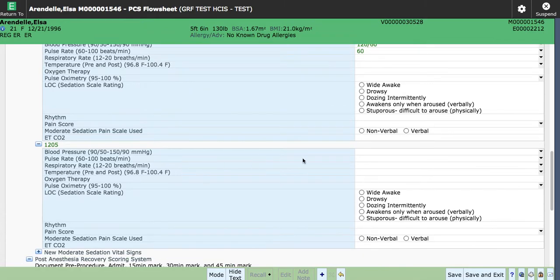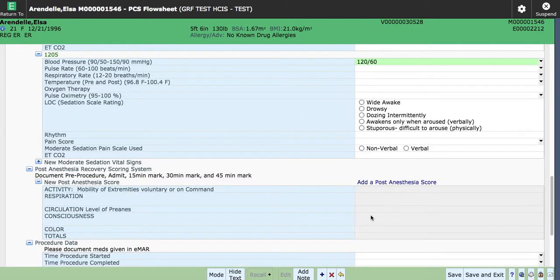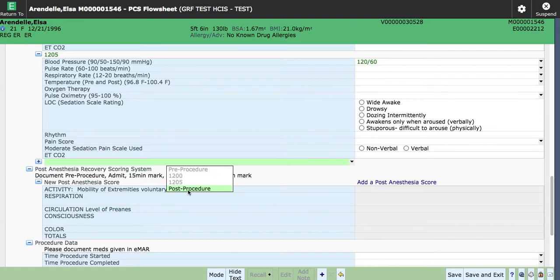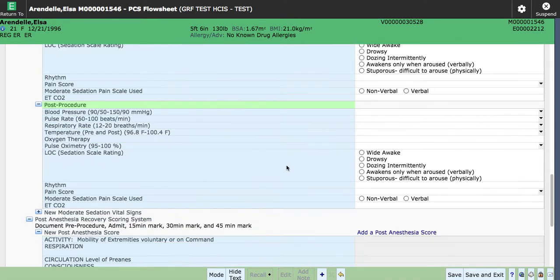So I'm going to rename each area and fill in all of the information for those vital signs. Once the procedure is over, you will then select the post-procedure option and you will get a box of vital signs that will pertain to that. So you will continue to fill out this